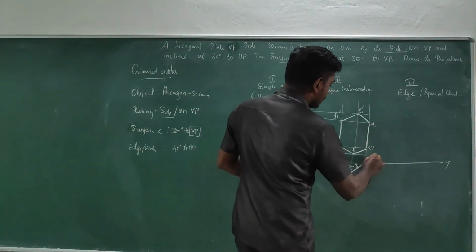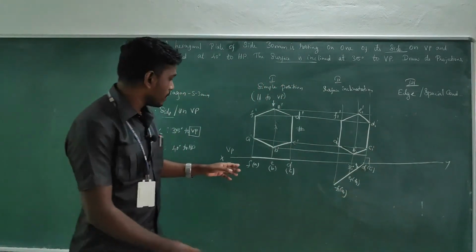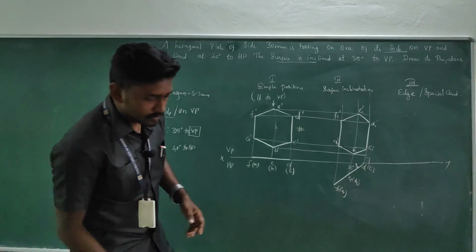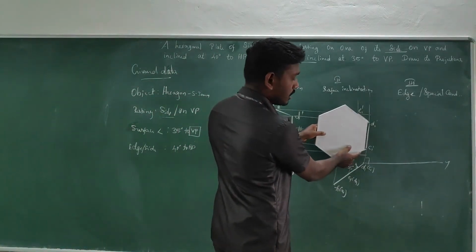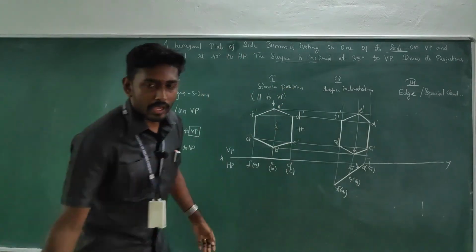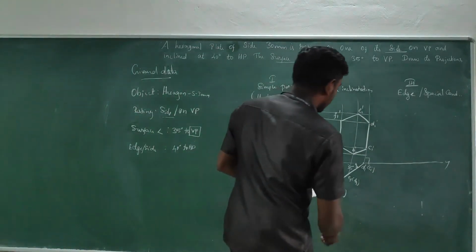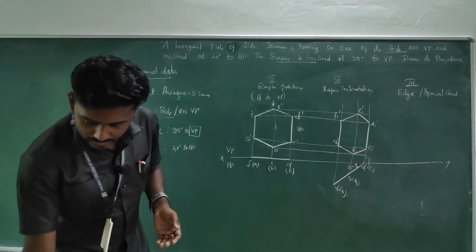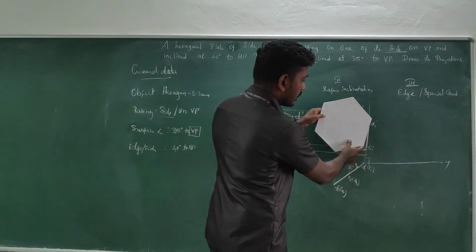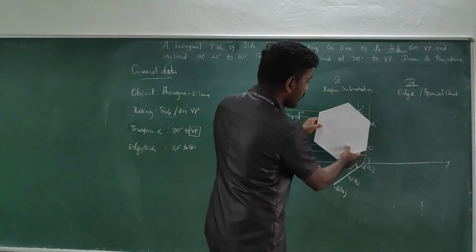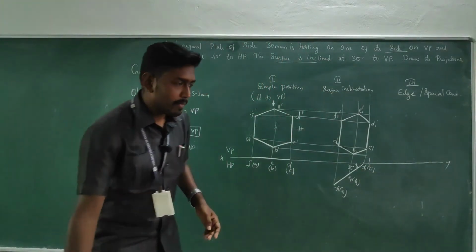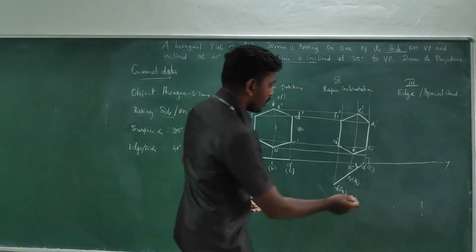Now see, it is just making 90 degree with horizontal plane HP. It should be tilted. It is like this, vertical, okay? It should be tilted something like this. It is so easy. Now to get the trace, I am going to tilt the object something like this, okay? I am going to tilt the object like this and I am going to place it something like this, okay? Fine.